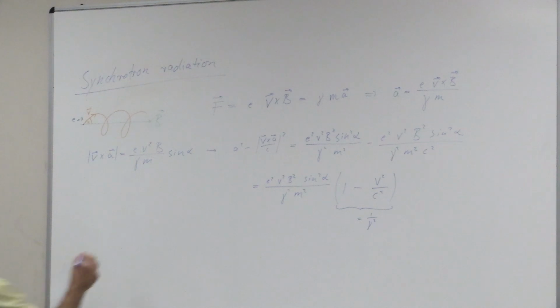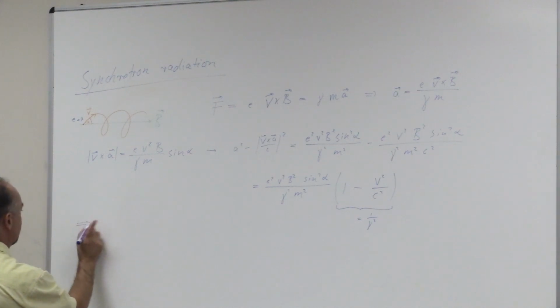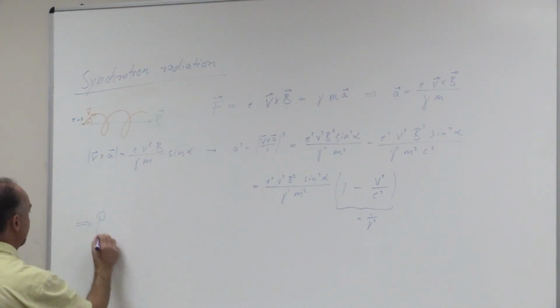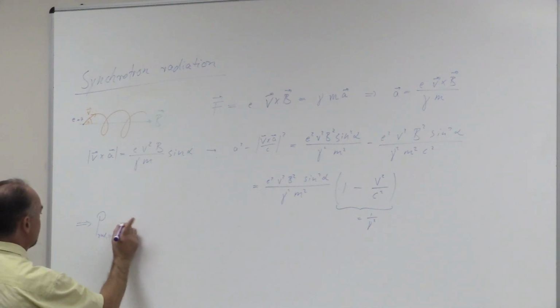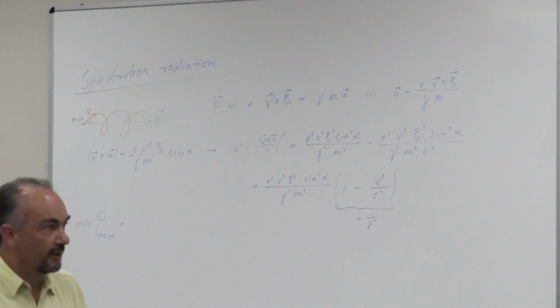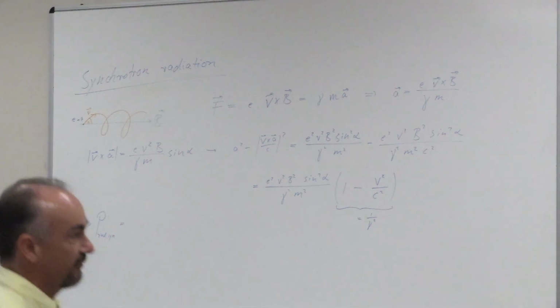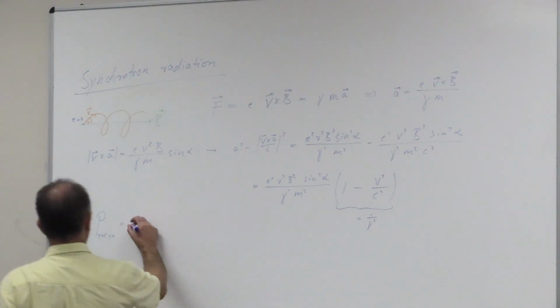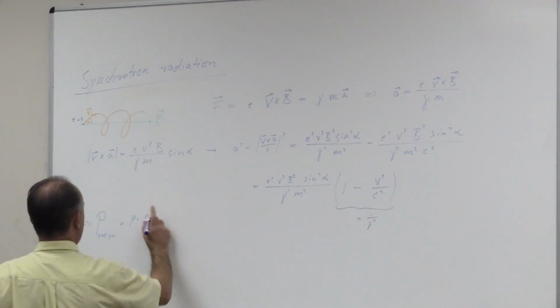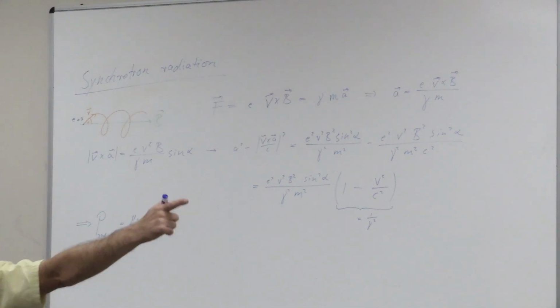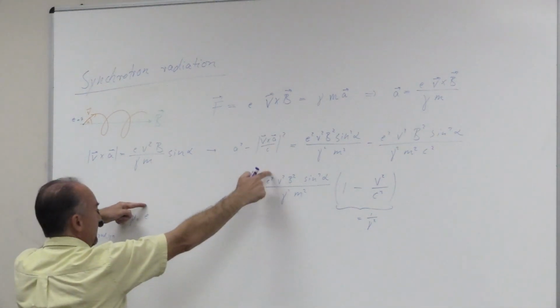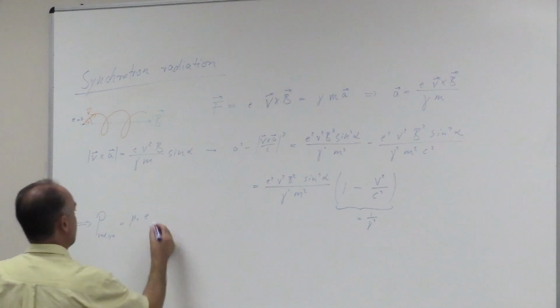Okay, so now let's put this together. So the radiative power of synchrotron radiation. Let's just collect everything we have there. Mu naught. Then we have the charge e, this e squared there. This is going to be another e squared from here. So e to the